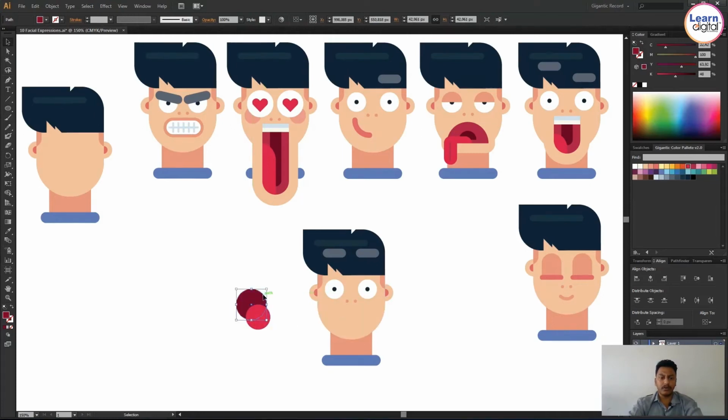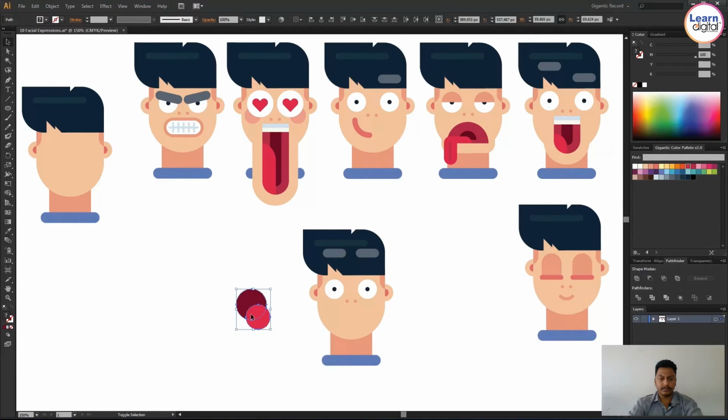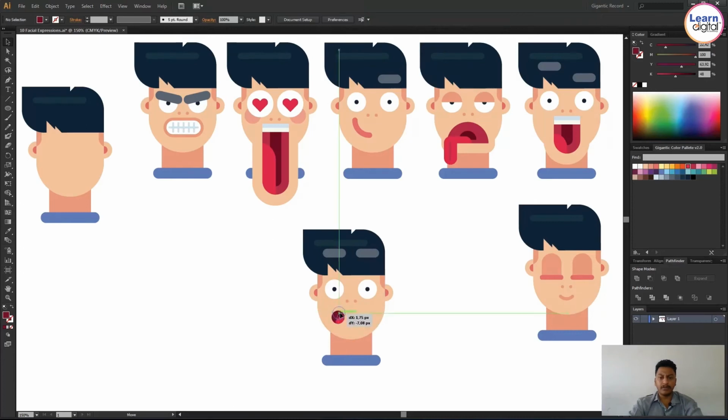This is for the mouth area. That's it. Very small changes will give you different expressions.